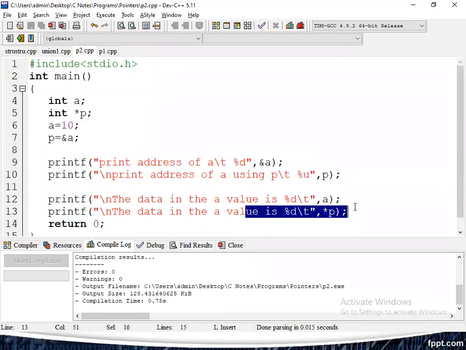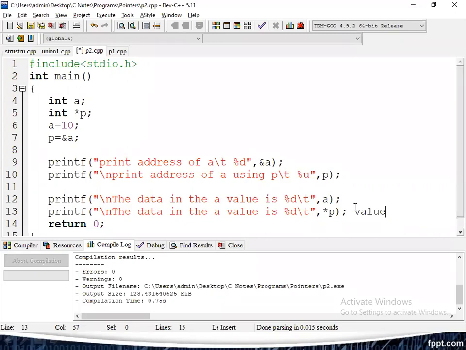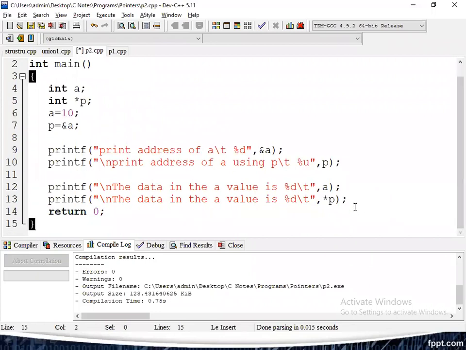Star p is nothing but the value in ampersand of a. So star always gives the value from the specified location. So that is a simple understanding of the pointers.